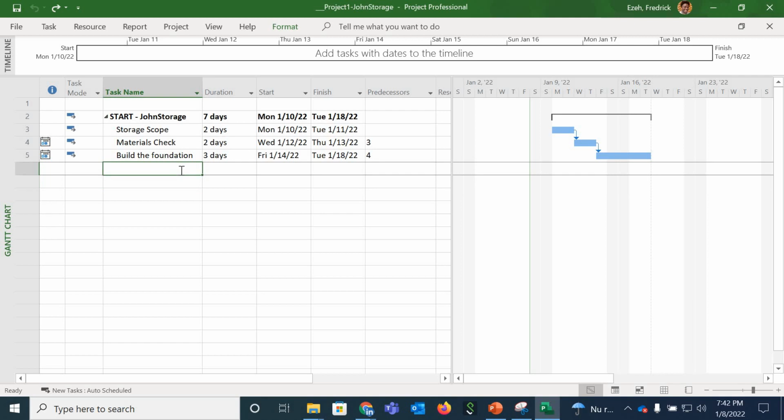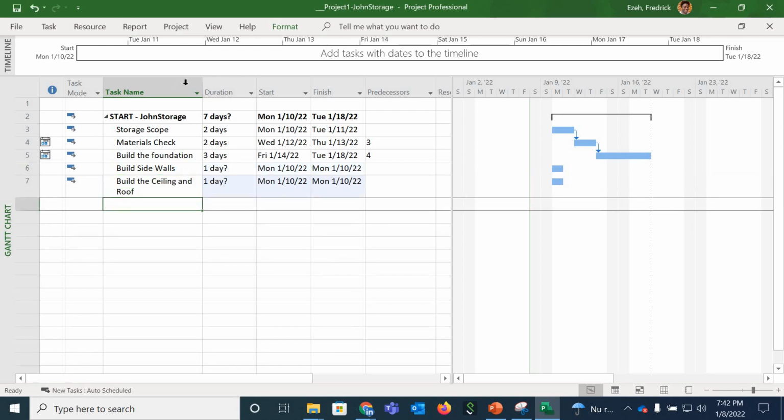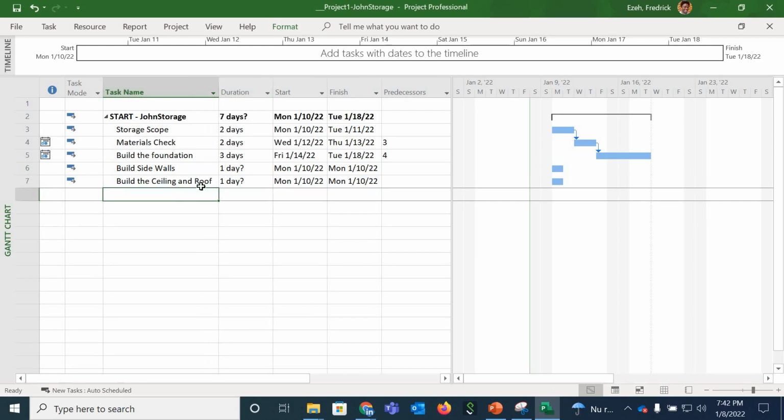So after building the foundation, you can say build the side walls. So once you build the side walls, don't bother about the timing and everything. We just write everything in for now. You build the side walls. What you can do is then build the roof. So this is the ceiling and roof, and you can extend this in case you want it to be in the same space. And when you do that, you can say make the flooring,